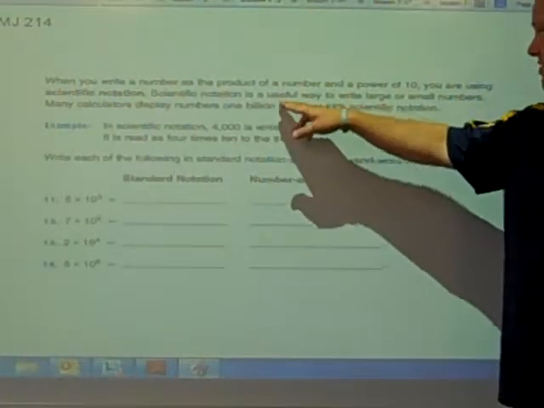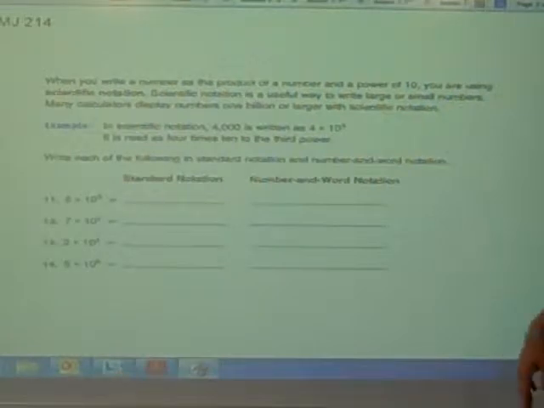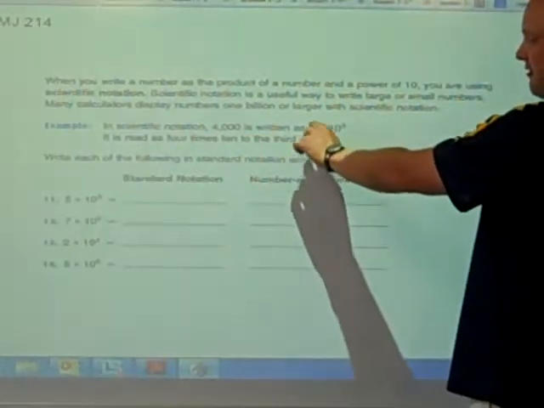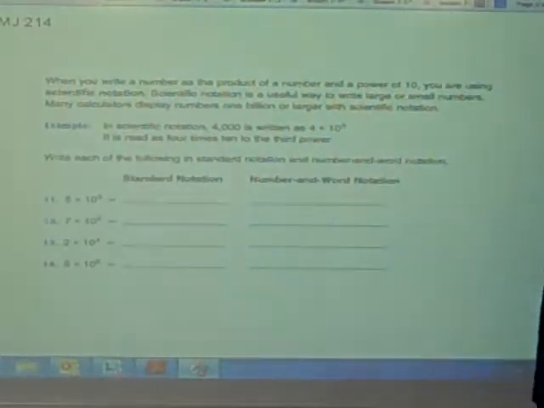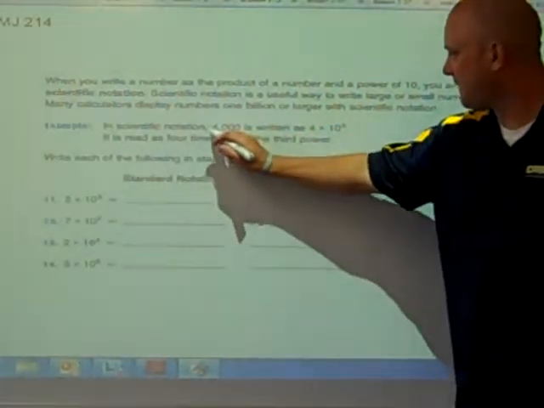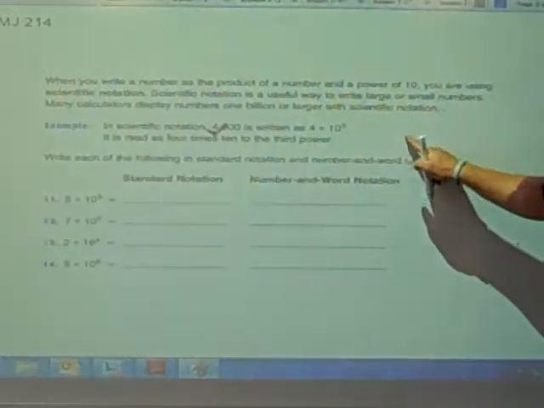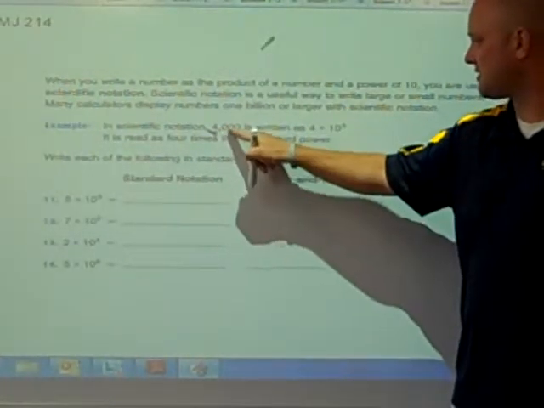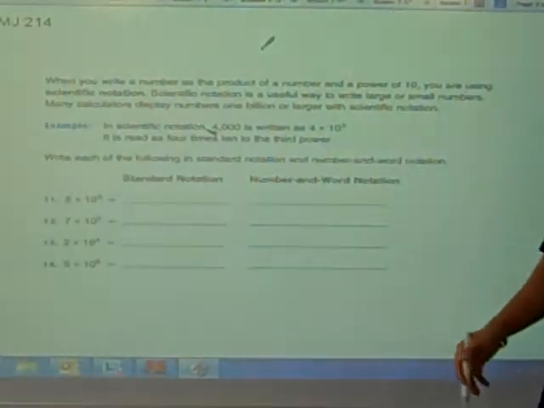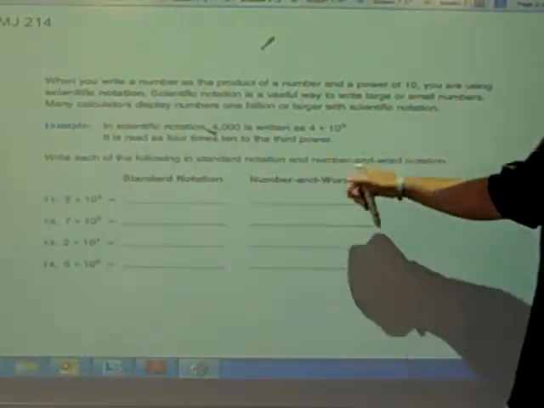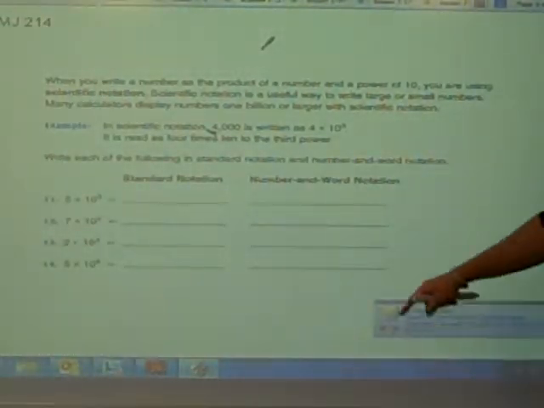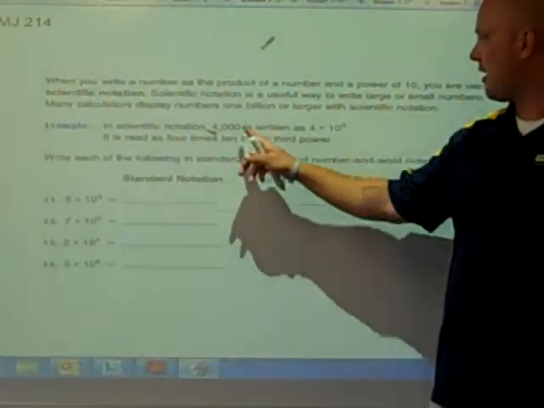So scientific notation is usually the way to write a larger number. In scientific notation, 4,000 is written as 4 times 10 to the third. If you look at it, your number there would be your 4. You have 3 zeros there, so that's your 10 to the third, that's your power. So again, it's read as 4 times 10 to the third power, and that's what you would get for your